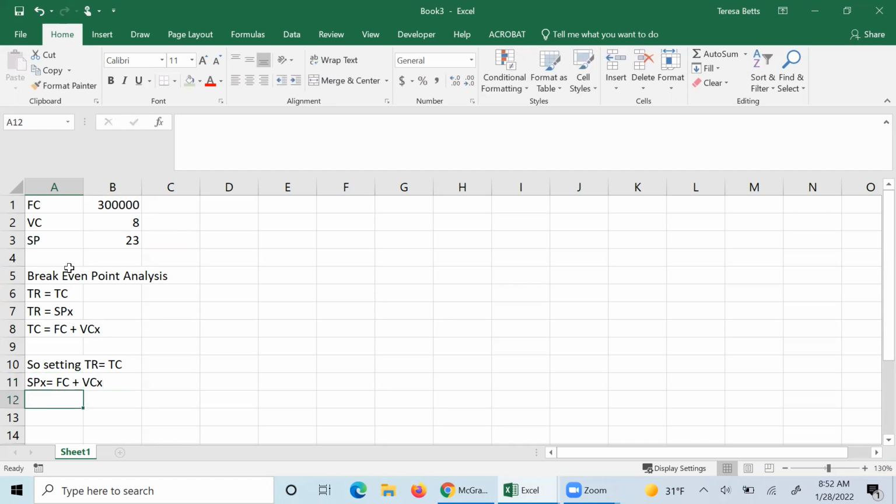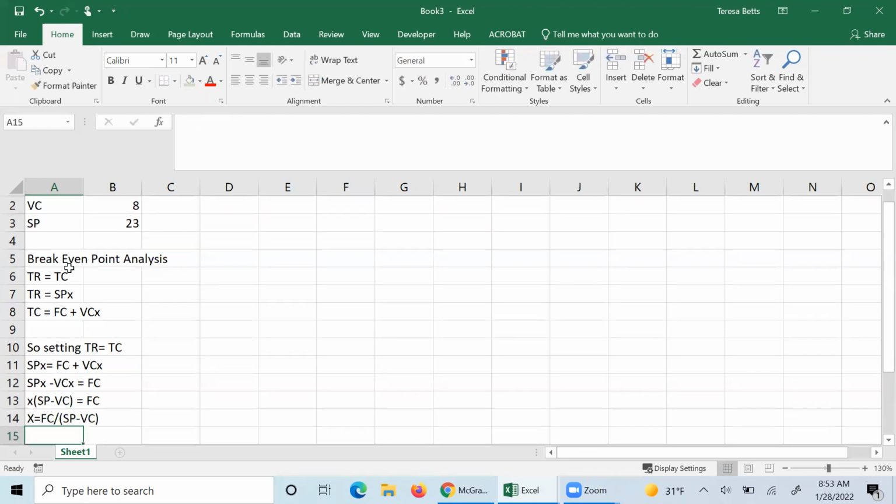If we remember our algebra, we want to get the variable on the same side. So we're going to go sales price times X minus variable cost times X equal to fixed costs. Then I'm going to factor out the X, so I get X times sales price minus variable cost equal to fixed costs. And then I'm going to solve for X by taking the fixed cost and dividing it by the sales price minus the variable cost. Now you obviously don't have to do that every time,